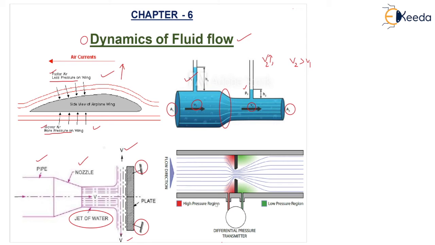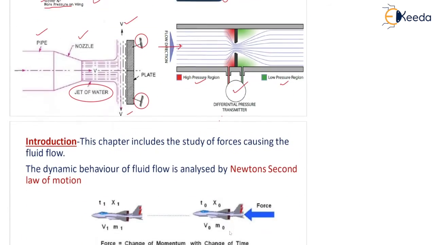The fourth case is the flow through an orifice meter. This is the flow direction. High pressure region, low pressure region, and this is the orifice, a very small valve you can say. Through that you have to pass the fluid, and there is a sudden decrease in the cross section area, so there will be a change in the velocity and pressure. Where the device is fitted here, a differential pressure transmitter, it will measure the difference of pressure at the two points. Let's go to the next slide.